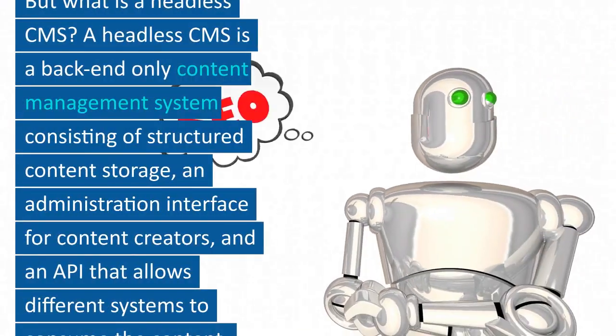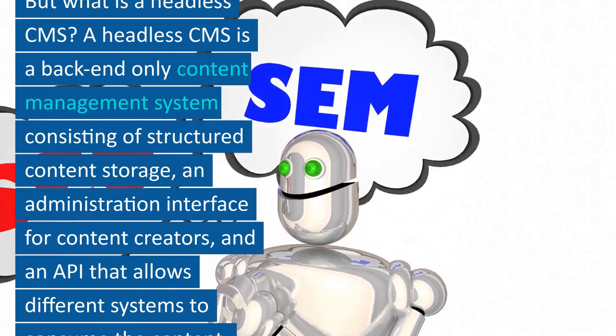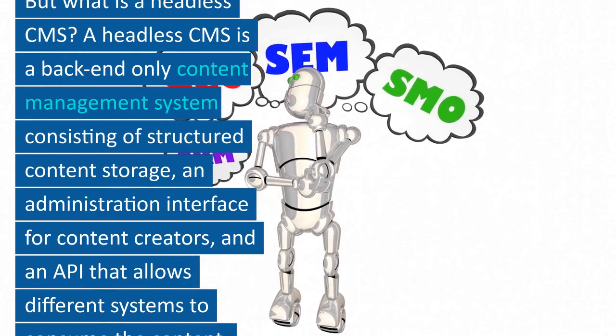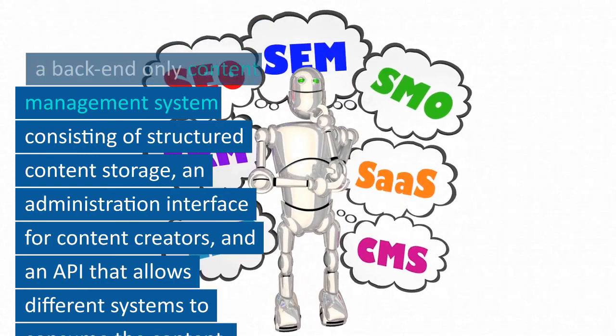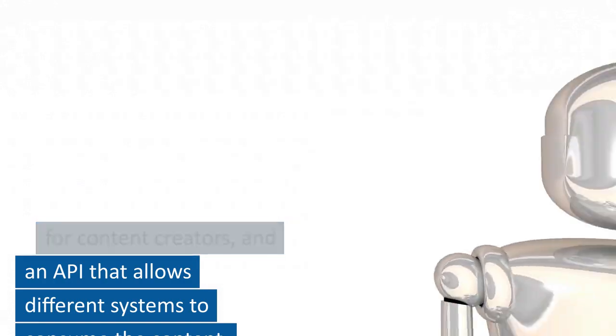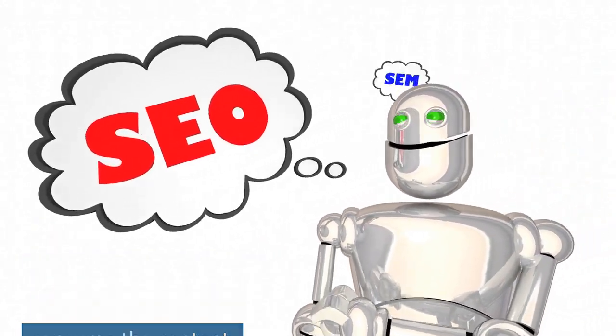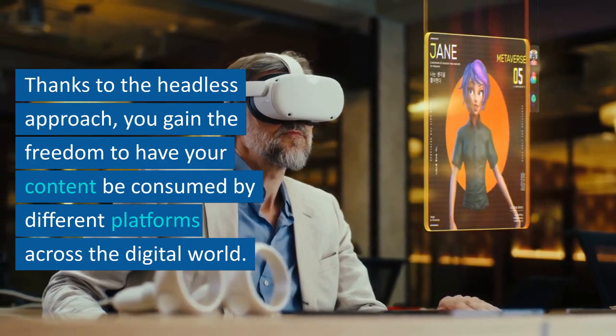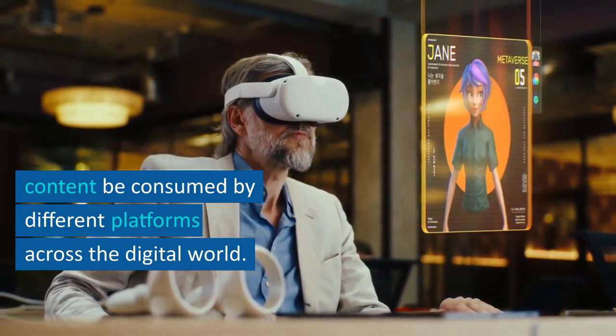But what is a headless CMS? A headless CMS is a backend-only content management system consisting of structured content storage, an administration interface for content creators, and an API that allows different systems to consume the content. Thanks to the headless approach, you gain the freedom to have your content be consumed by different platforms across the